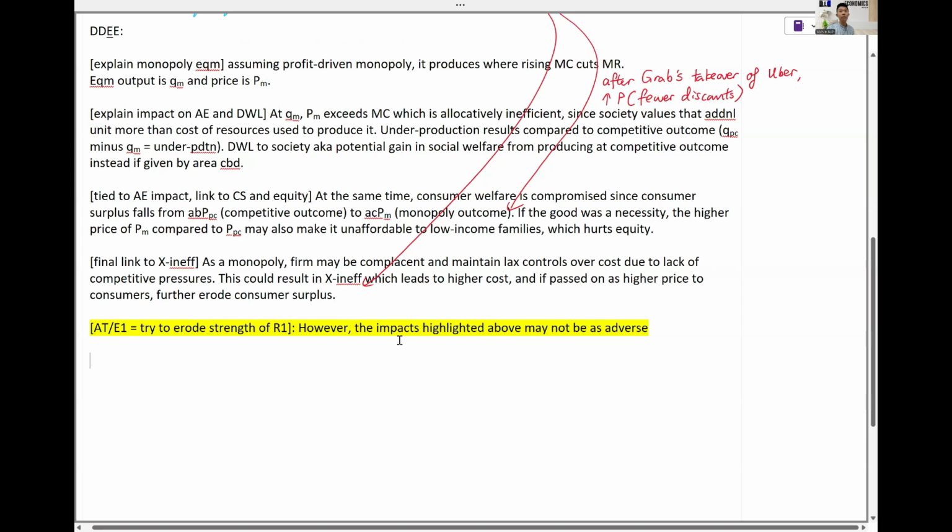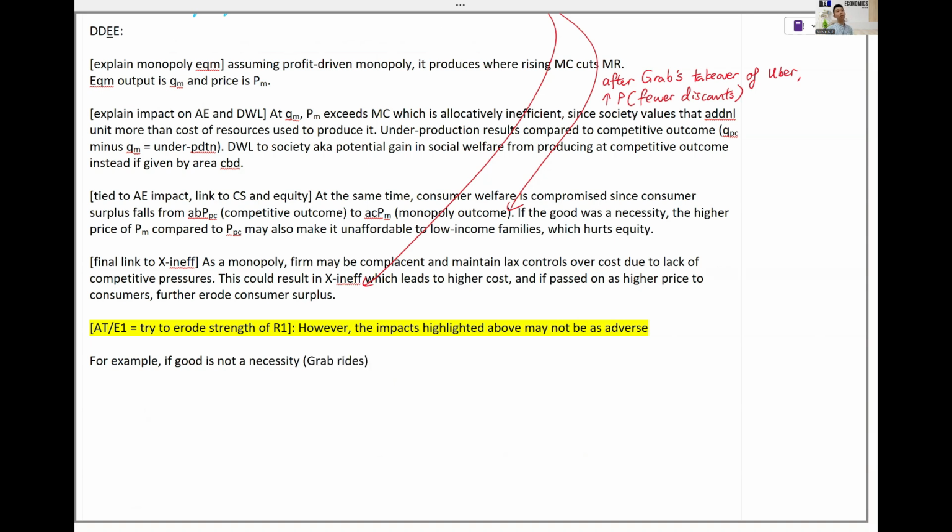E1, do you need a diagram? No, you do that for R1, R2. Don't need one for here, right? But this is usually quite short. Like, for example, if the good is not a necessity, Grab rides, not a necessity. Public transport is. This is not. The impact of higher price on equity is not as